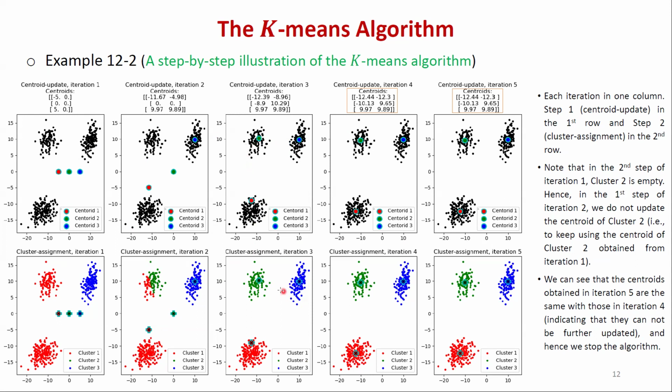Okay, step number 2 again, assign clusters. So here you can see, since my centroid is already here, the big block of points, all of them now belong to cluster number 2. So these points no longer belong to cluster number 1. And then here, my clusters are number 1. Here, the blue one is the most stable one. And then you just repeat again. And indeed, you can see all these centroids are here, and also the steps are here.